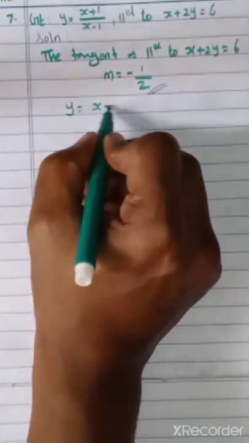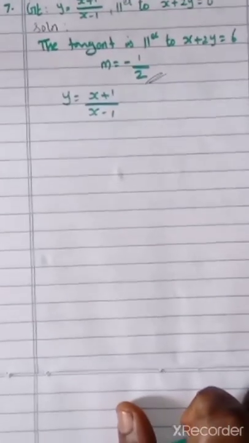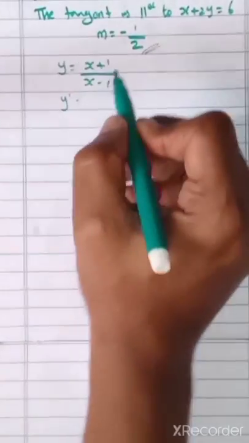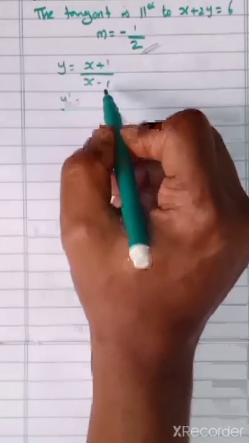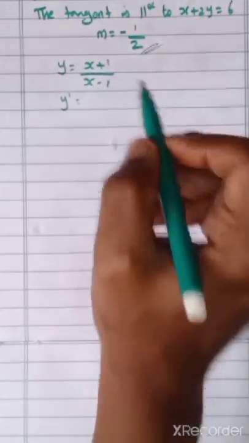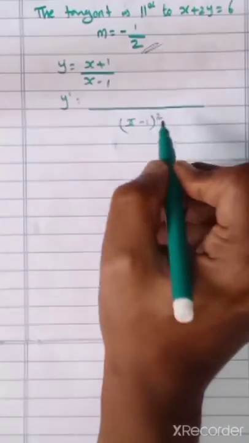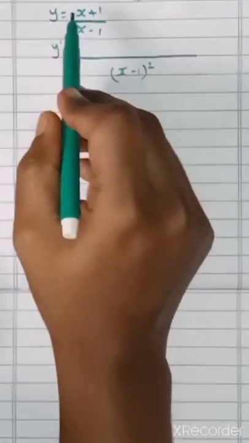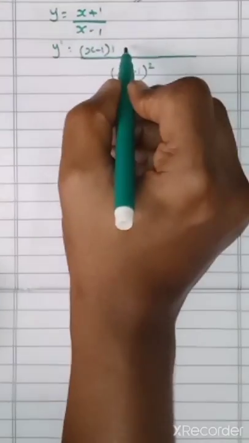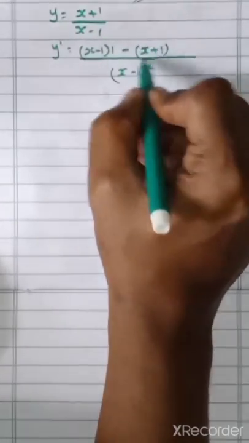y is equal to x plus 1 by x minus 1. What we have to do? We have to differentiate this equation, right? So differentiate. What method we can use here? U by V method. So what is U by V? U dash V minus V dash U by V square. So denominator is square, that we can take as x minus 1 the whole square, and differentiation of x is 1 into this. So x minus 1 into 1 minus this one, as differentiation of x is 1 only. So x plus 1 into 1.